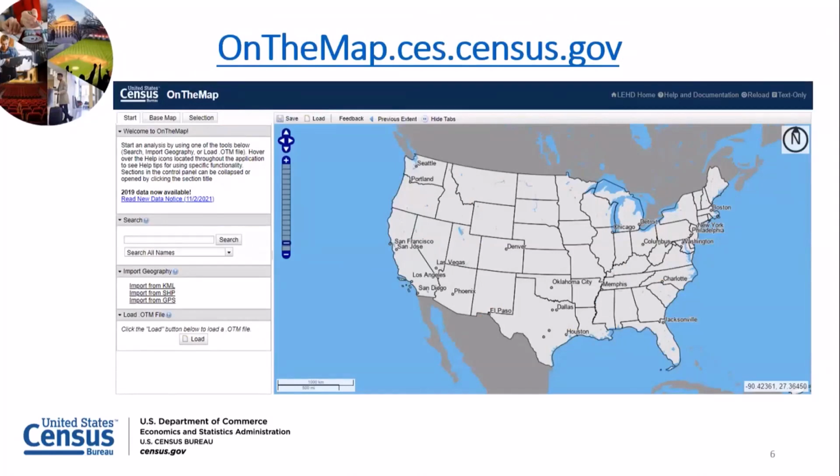Before we dive into the analyses, let's talk about the application. OnTheMap is a web-based mapping and reporting application that shows where workers work and where they live. It provides companion reports on age, earnings, industry distribution, race, ethnicity, educational attainment, and sex. We have data from 2002 to 2020 for most of the 50 states, including DC. You can customize the selection area as low as the census block with disclosure protection, and input-output reports are available, which means you can import and export shapefiles and download and print reports.